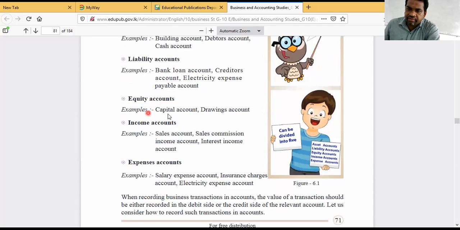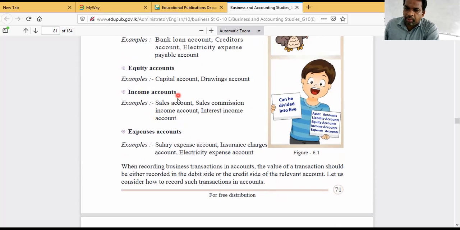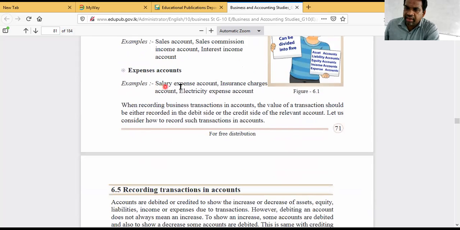Equity accounts, examples: capital account, drawings account. You know what drawings is? If the owner has taken goods or cash for personal use, then it is called drawings. Then we have to maintain a separate account for drawings and debit. Income accounts, examples: sales account, sales commission account, interest income account. Expenses accounts: salary expense account, insurance charges account, electricity